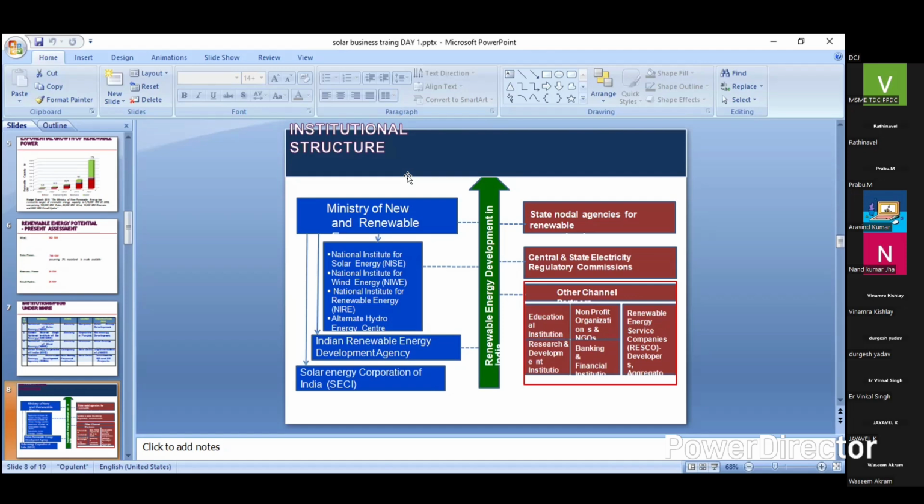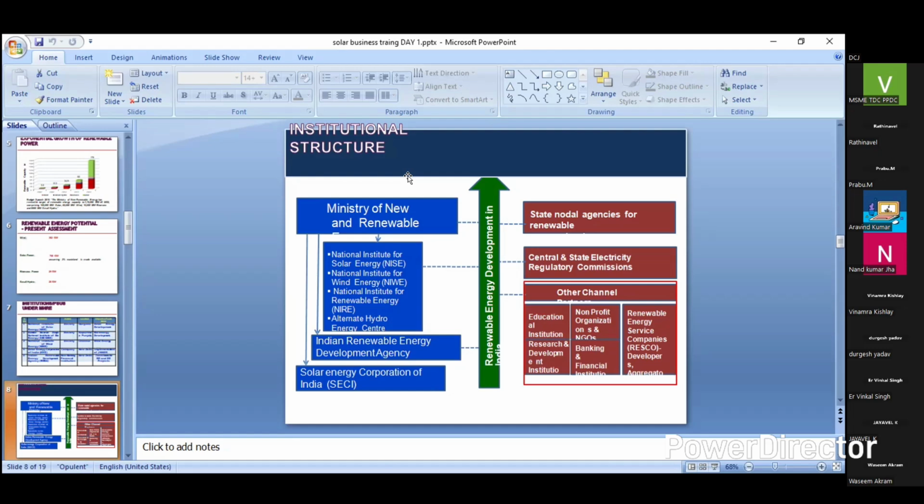Also, in every state, you all know we are getting electricity from the electricity board. So in every state there is an electricity board. In Rajasthan there is a different electricity board, in Gujarat there is a different electricity board, and in different parts of the country there is a different electricity board. And whenever you are installing any solar power plant, you also need to take the permission